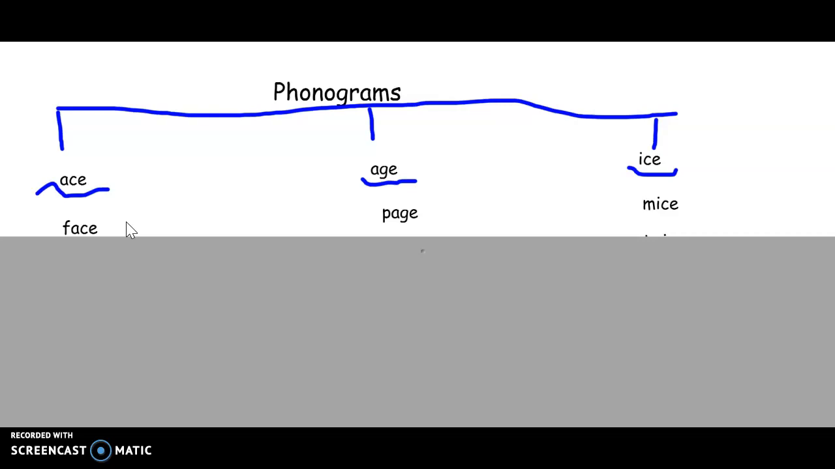When I hear ace and face, I have A, C, E. If I look over at my age column, I have page, P-A-G-E. I hear age. If I go over to my ice column, I have the word mice. I hear ice, mice,